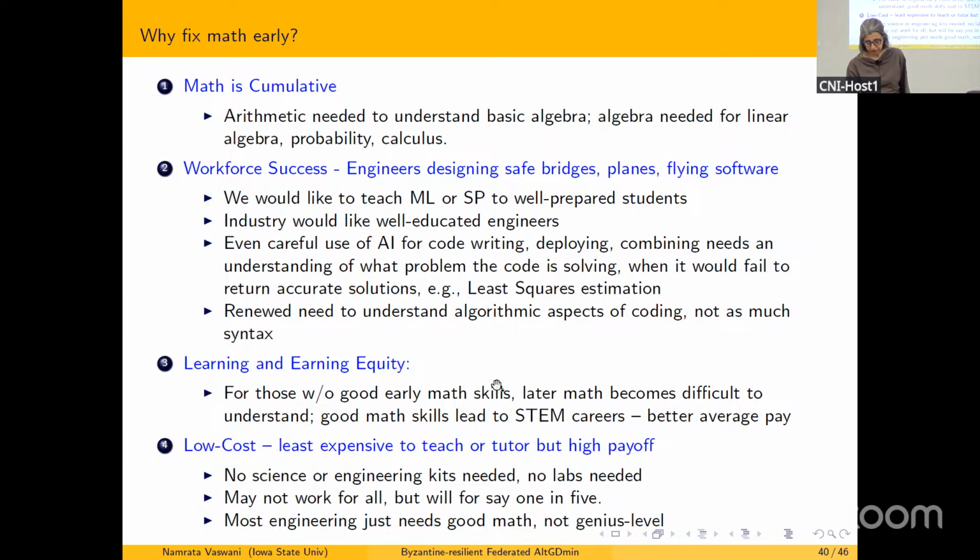So workforce success, earning equity is the other reason you should care about math. And then math, we all, again, in India know that it's low cost and easy to teach. I'm not saying we should not focus on STEM, but we should